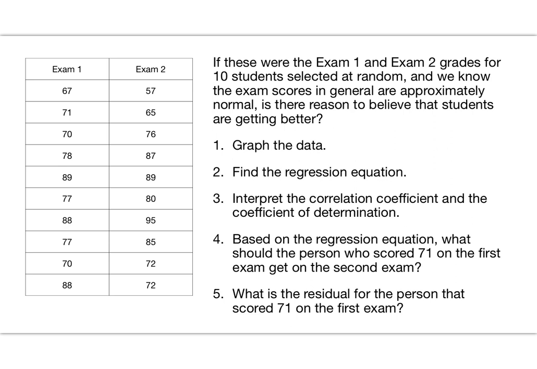We are going to start by saying if these were exam 1 and exam 2 grades for 10 students selected at random, and we know that the exam scores in general are normally distributed, that's a key item there. Is there reason to believe that students are getting better? So that's what we're going to try to figure out, utilizing StatBlue,